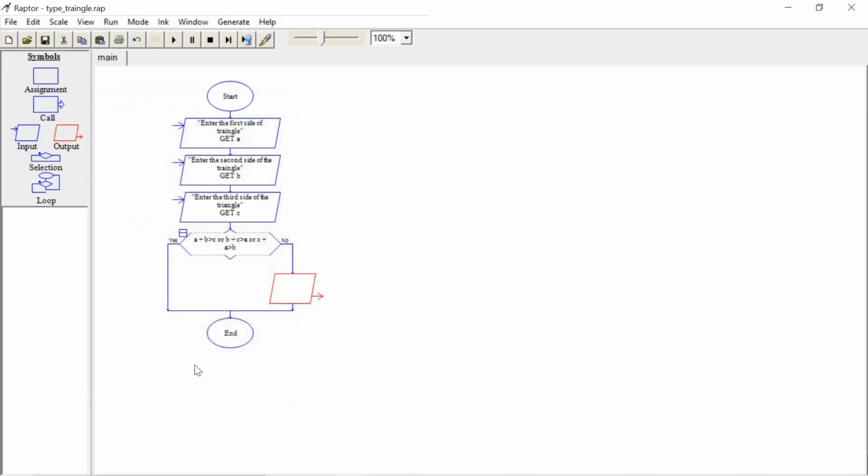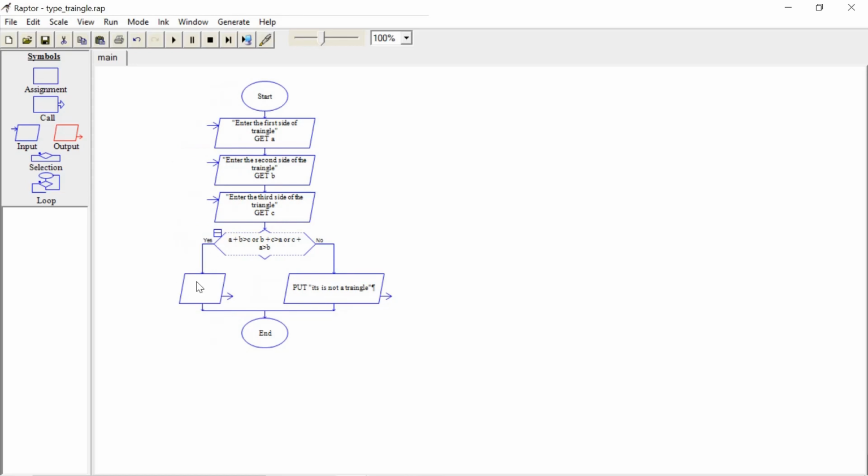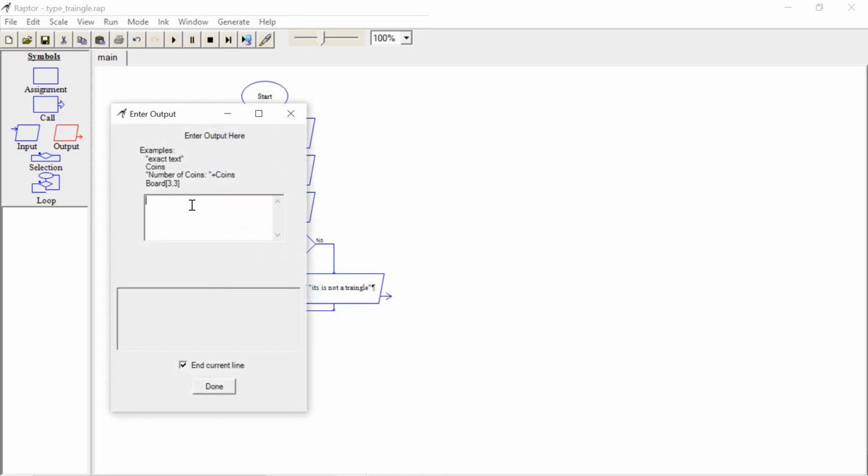Click on done. If it is yes, that means it's a triangle. Just drag and drop the output here. Right click and edit. It is a triangle.